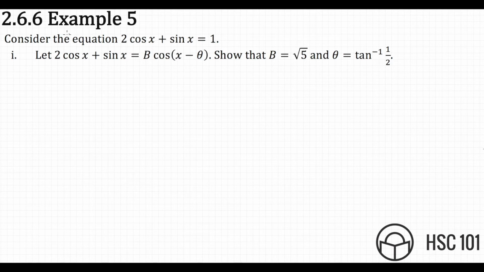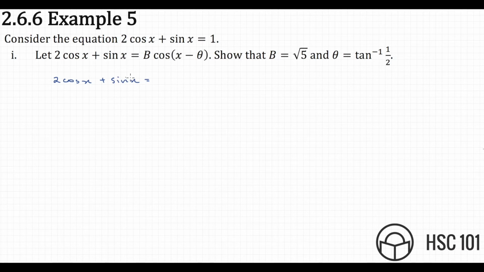Example 5, we want to consider the equation 2 cosine x plus sine x is equal to 1. Part 1, we want to let 2 cosine x plus sine x be equal to b cosine of x minus theta, and we want to show that b is equal to root 5 and theta is equal to inverse tan of half. So if I start off with this form,